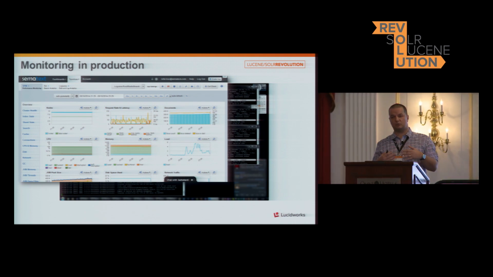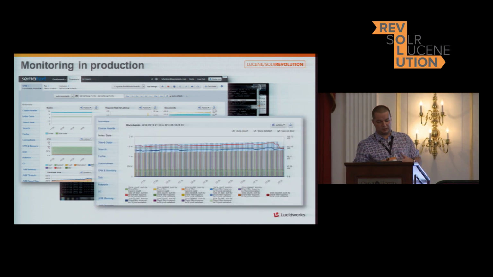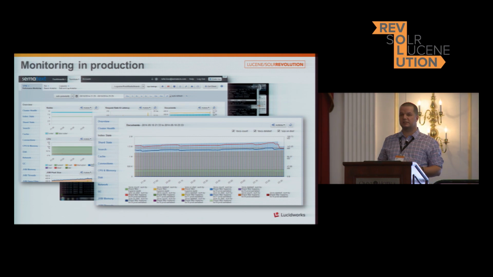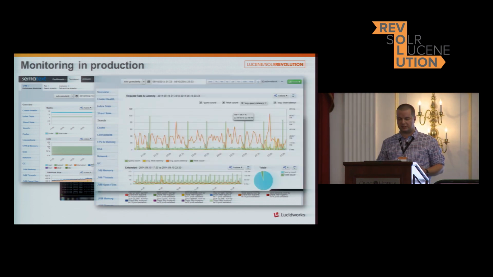where you will be able to compare the before and after. What are the changes? What is actually happening there? You need to see the documents, how they are indexed, what is happening inside your indices. You need to see the request rate and latency to be able to adjust your queries, adjust the number of servers, see what's happening, and whether the search experience, at least when it comes to request latency, is nice,